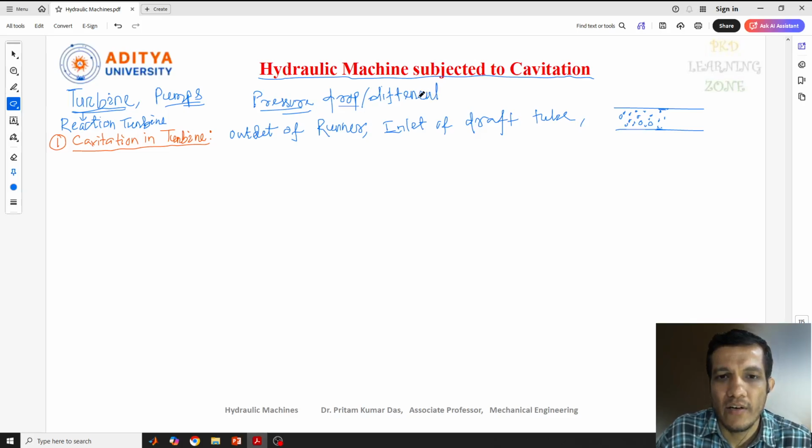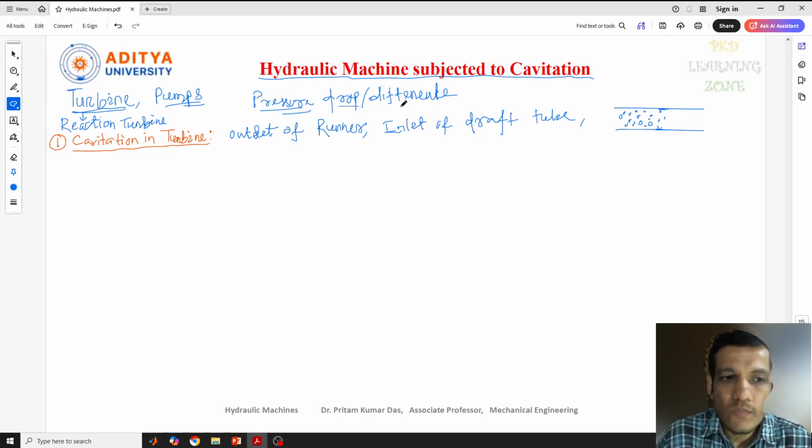Pressure difference, you can say difference. Okay, now though we have seen that cavitations are formed and it is giving an impact on the turbine and the pump. Now how to overcome this, or how to identify at which position we can see that cavitations are formed. So for that